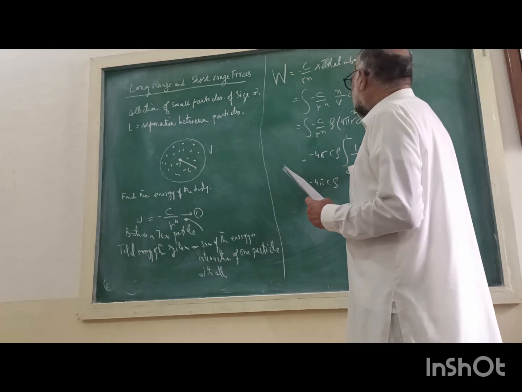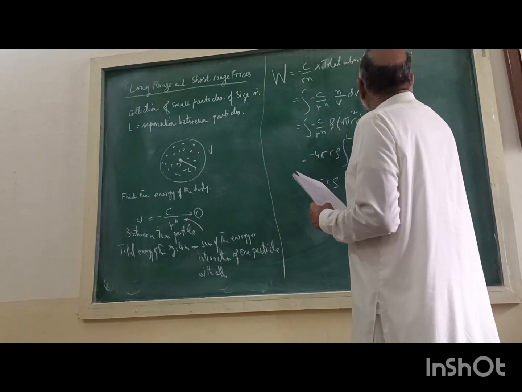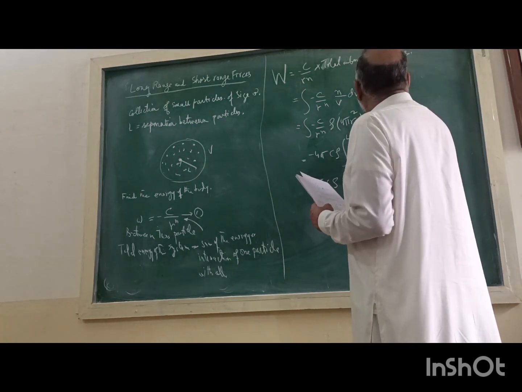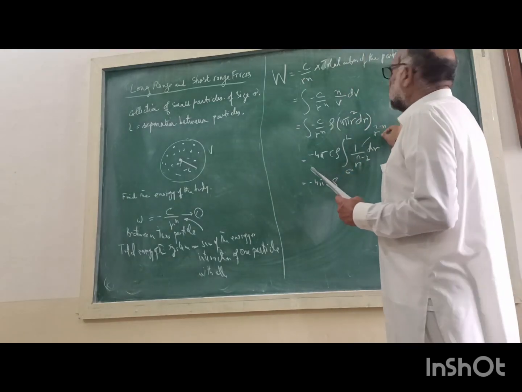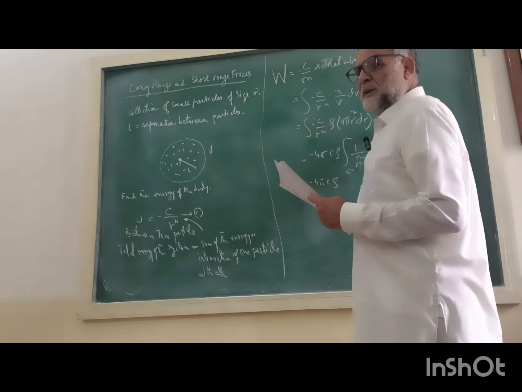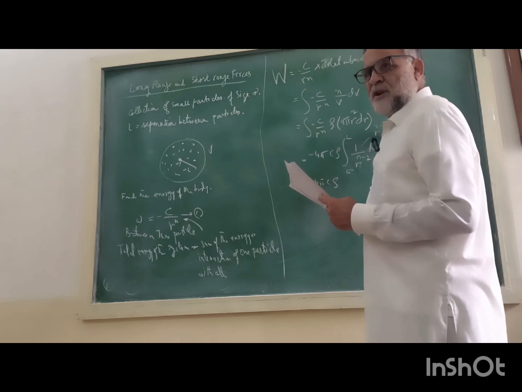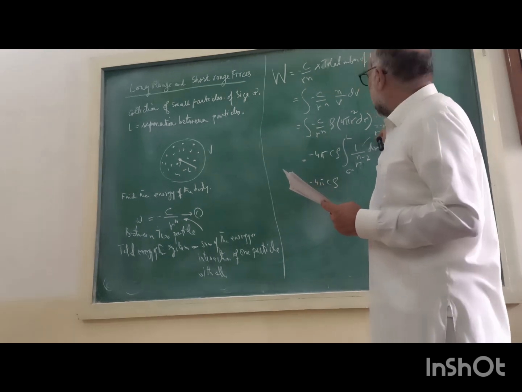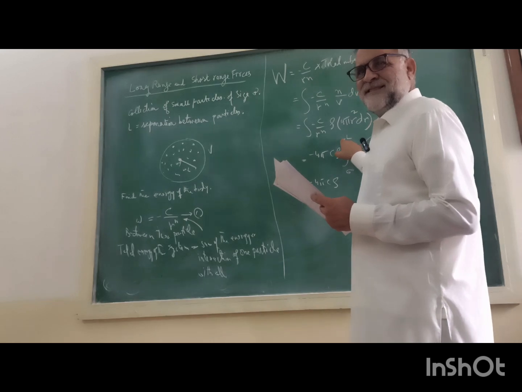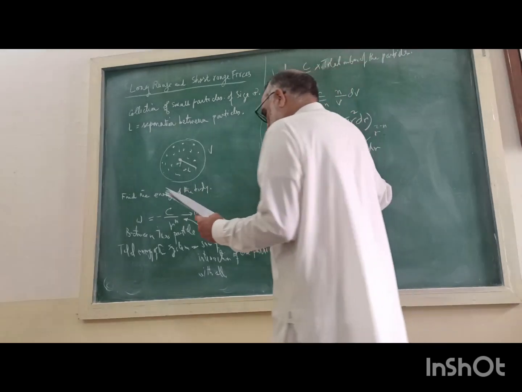When we integrate it, we increase the power by 1 and divide by the power obtained. So putting that in and then putting the limits, what we get is